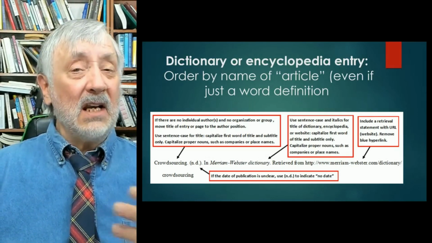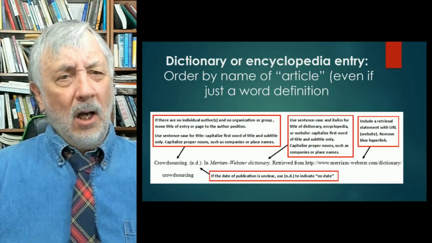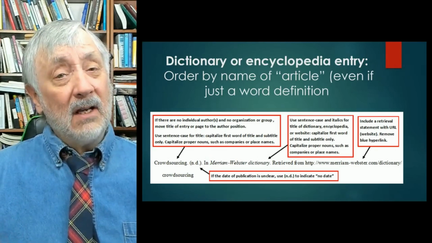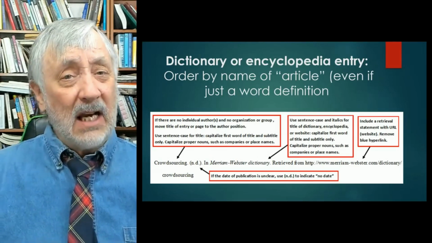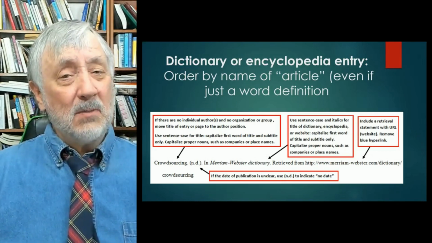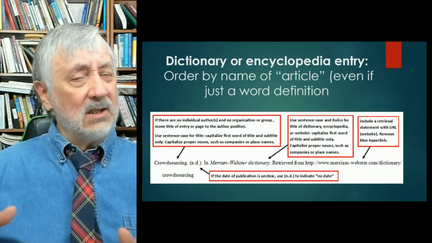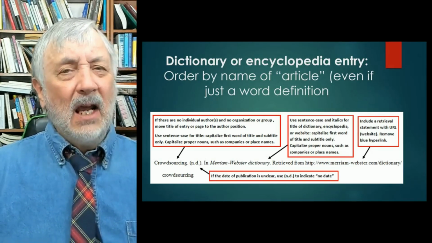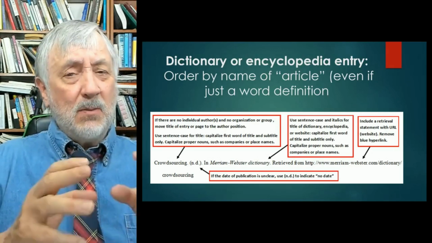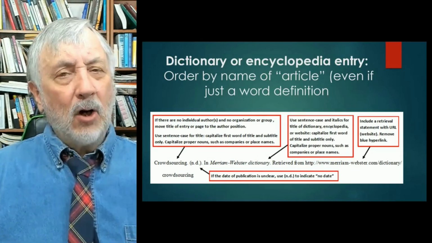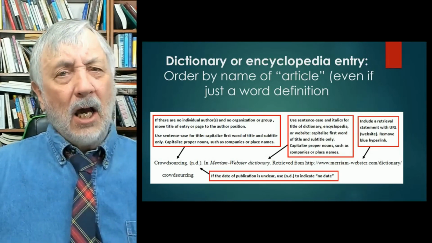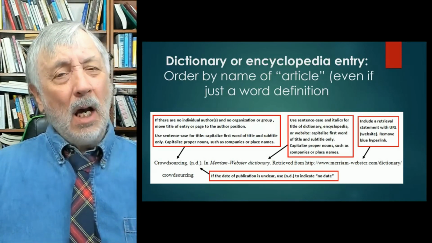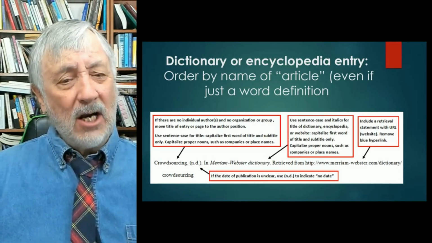Very often, for even encyclopedias, there's no named author, but again, it's a corporate author. Now, sometimes, in more elaborate encyclopedias, you will have the name of an author. So you can use that. If Smith wrote this 5-page article in the Encyclopedia Britannica on internet security, then maybe you could use Smith's name as the author of the article, because it's given very often at the end of the article. But other than that, you'd be quite well served by using the name of the author, not the name of the encyclopedia or the dictionary as your first source.